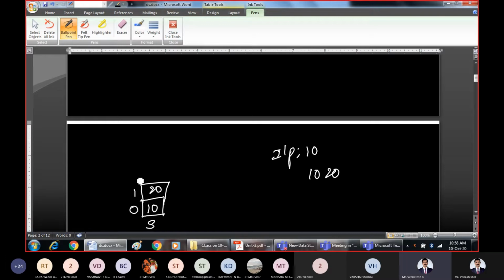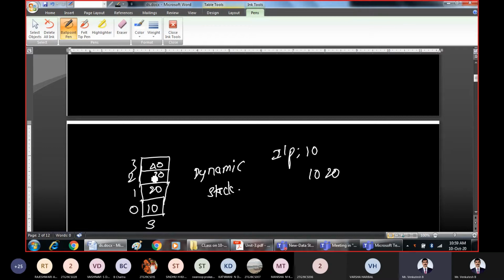And during the execution, if you want 2 more spaces, you can increase the size, then store the elements. This is nothing but the dynamic stack. So what happens in a dynamic stack? We will assume the stack size as 1 because the minimum we can process is one element, and the maximum we can have in the stack is n elements.